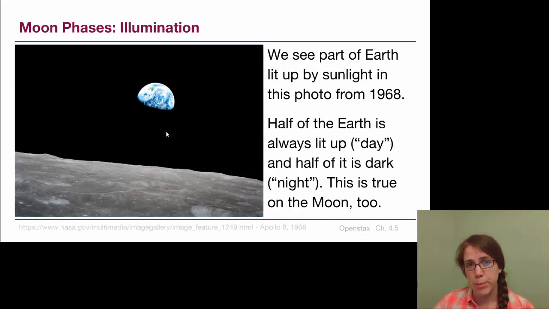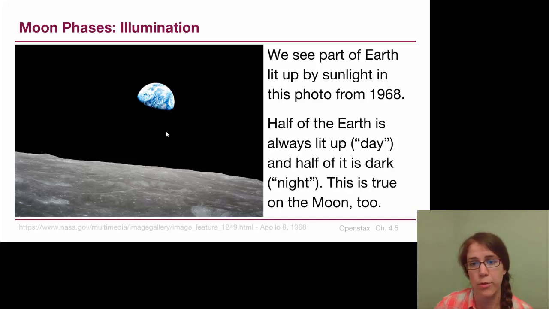Now, if we take a step back, quite a few steps back, we can think about what this photo is showing us. This is an image taken by the Apollo 8 mission. So one of the many missions that we sent towards the moon. We didn't actually land on the moon yet at that point in 1968. But as the Apollo spacecraft was coming around the backside of the moon, the Earth came into view and they